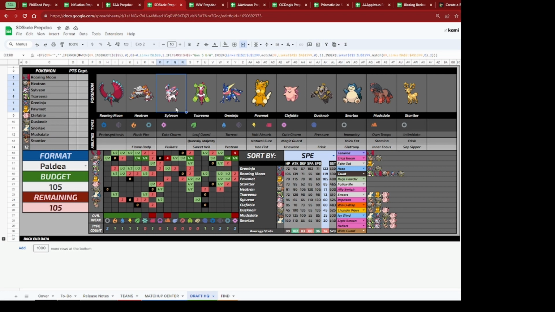Sylveon is very strong in and out of Tera, and I think it can do a lot of different things. It can even run Charm and stuff, and I think it gets dual screens. It's pretty bulky, like 130, 95, very specially bulky actually. And if you invest in defense, it can also run just a bulky set. I mean, there's so many different things it can do, even with this limited move pool,